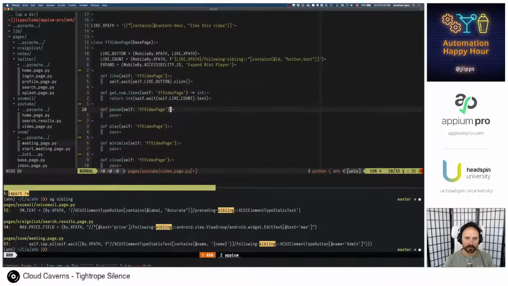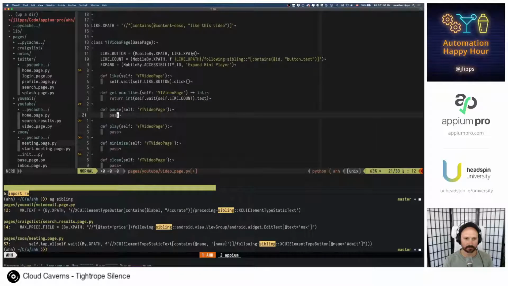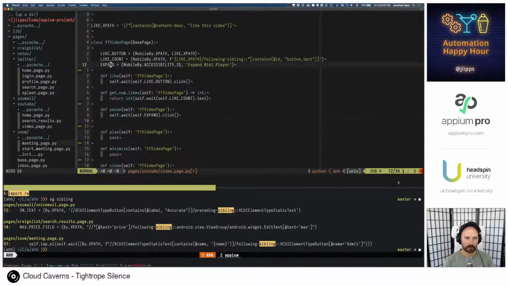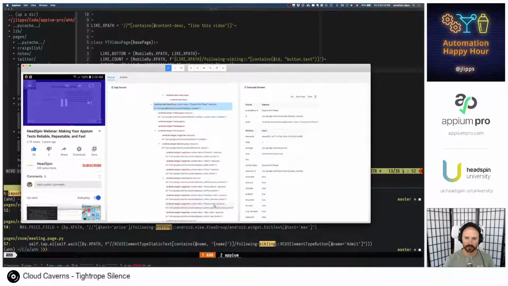So to pause, this is going to be kind of interesting. So we'll want to wait for expand, click that, and then really quickly look for the thing that says pause video. I think it's spelled like that.